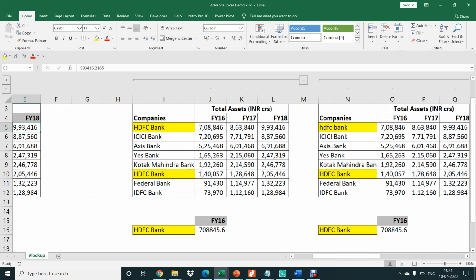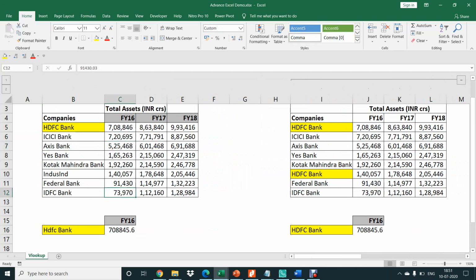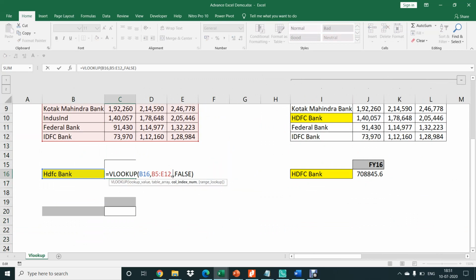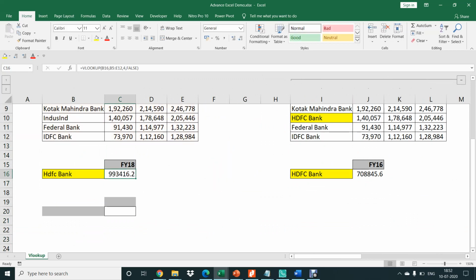Okay, one more thing which I want to explain. Suppose I want to create a VLOOKUP function which is very dynamic. So basically what I'm trying to say, what happens if I have FI16 instead of that, if I want FI18? In a VLOOKUP formula I have to go here every single time and change my column number. So is there a way where I don't have to change the column number? Yes, there is. And that is by using the match function.